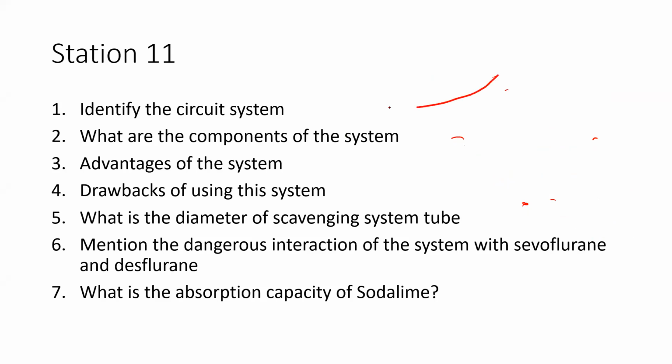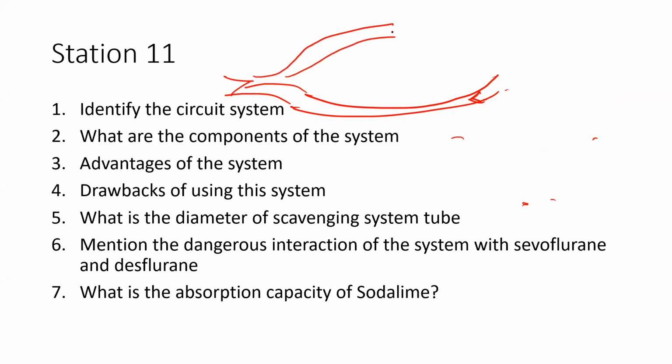Okay, so there is an inspiratory limb. It has a unidirectional valve. Then it goes to the patient, right? The Y-piece is connected. Then the expiratory limb comes, followed by an APL valve. Then it goes to the soda lime canister. Then it comes and joins the fresh gas flow with the inspiratory limb. It has a unidirectional valve here. So these are the components of a circle system.